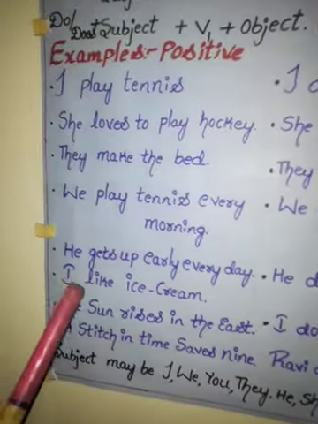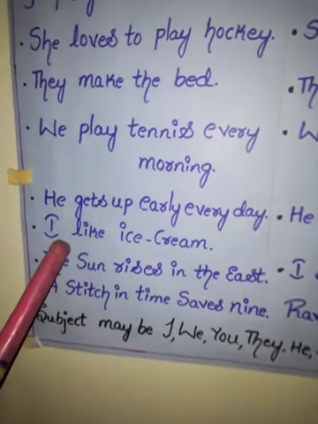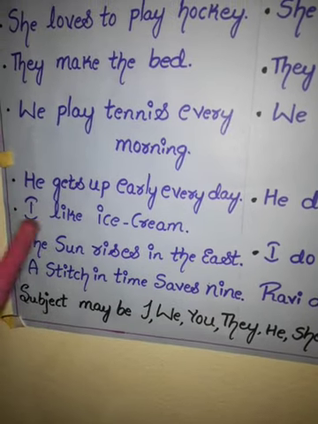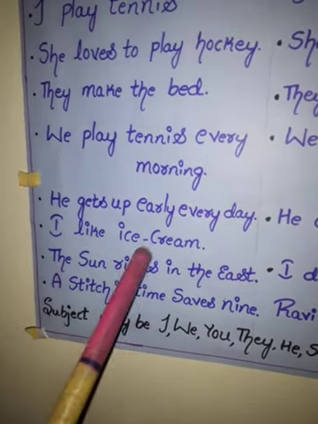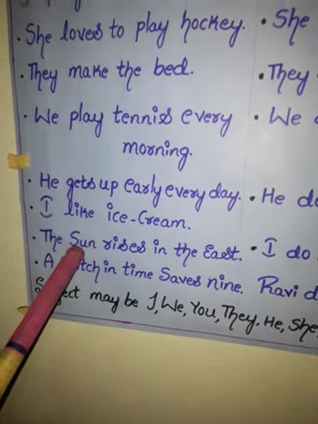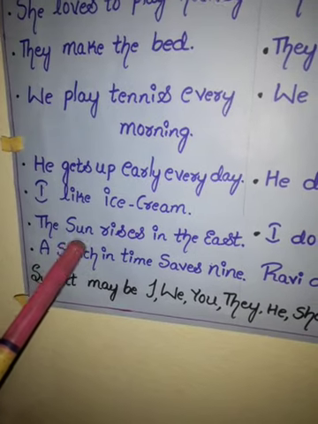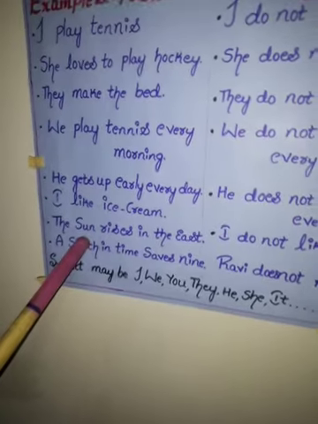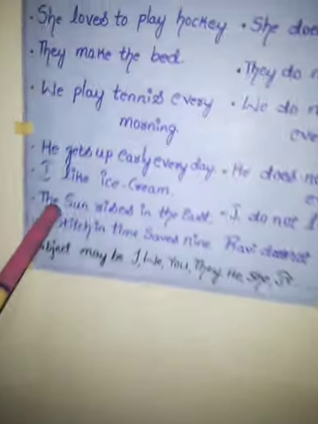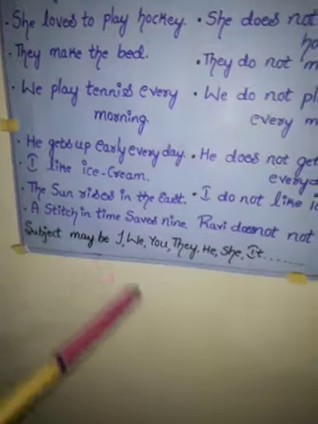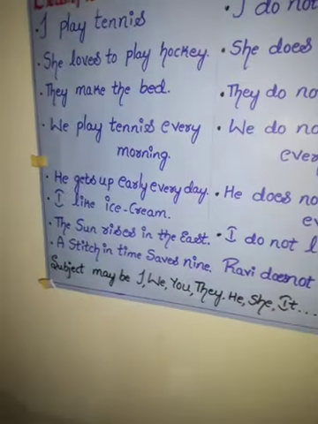And we use simple present tense for expressing likes and wants. I like ice cream. I like coffee. Radha likes ice cream. And the simple present tense is used to express universal truths or general truths. Example: the sun rises in the east, the sun sets in the west, stars shine at night. So these are all general truths which we have to agree with.